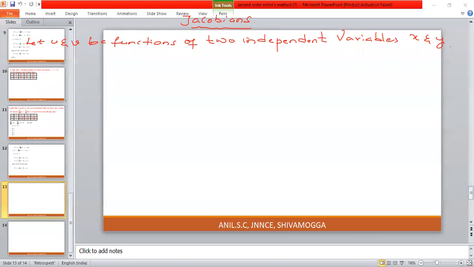Then the Jacobian of u and v with respect to x, y is denoted by J. This is also denoted like this: J of uv divided by xy. You read this as Jacobian of uv with respect to xy, or this can be written like this: del of uv divided by del of xy. All are the same notations. And this is given by